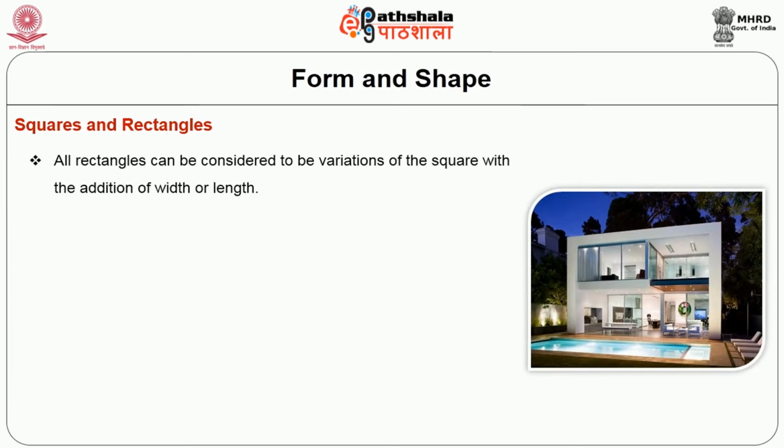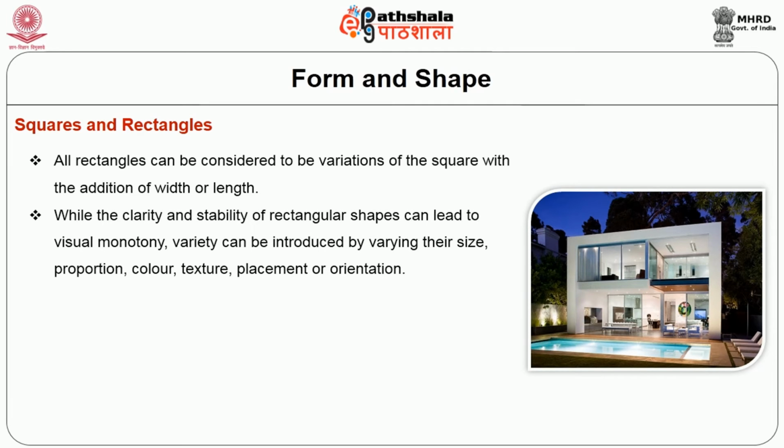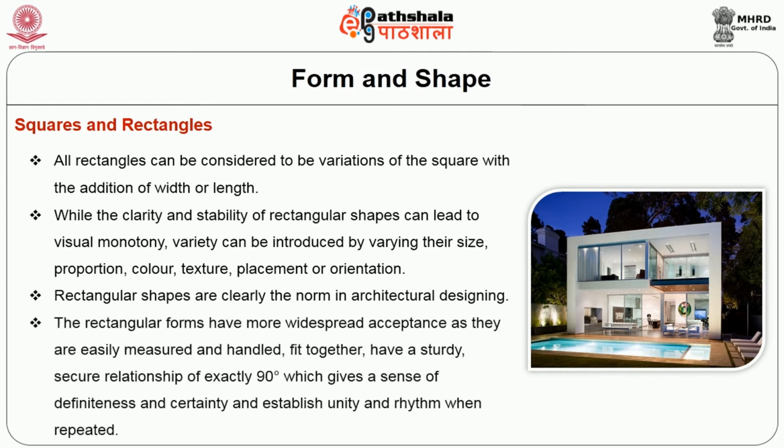All rectangles can be considered to be a variation of the square with addition of width or length. While the clarity and the stability of a rectangular shape can lead to a visual monotony, variety can be introduced by varying their size, proportion, color, texture, placement or orientation. Rectangular shapes are clearly the norm in architectural designing. The rectangular forms have been measured and handled to fit together and have a sturdy and secure relationship of exactly 90 degrees, which gives a sense of